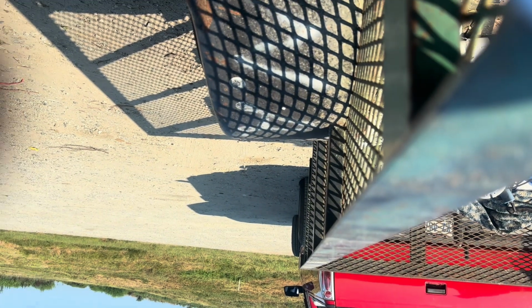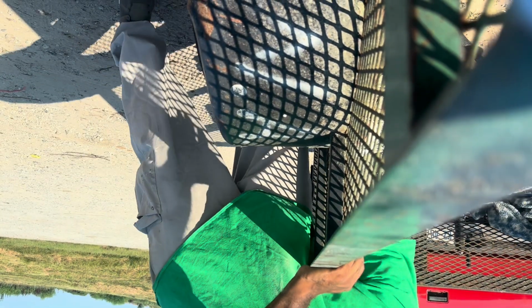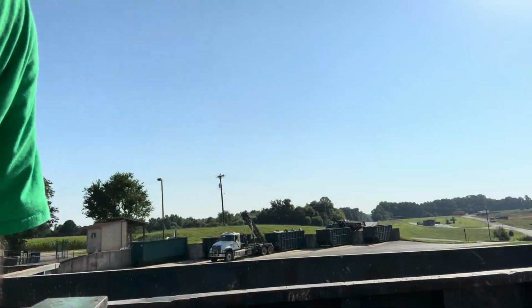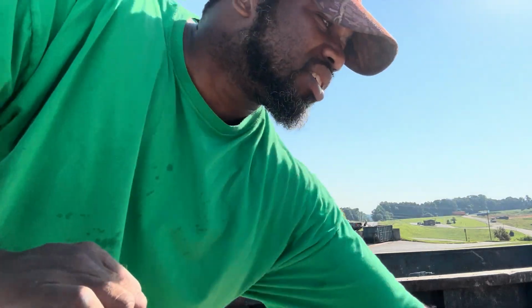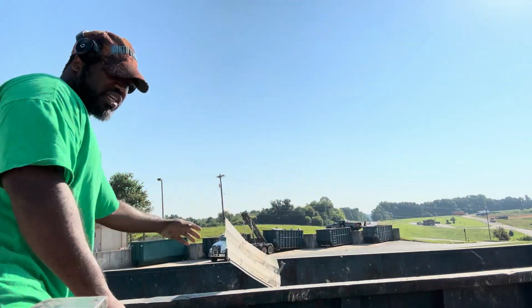I was just talking, my phone fell, picked it back up, put it up upside down, didn't realize it. All right, hold up. Alright, so I might have messed around and had this. Let me just clear all this off of it. Had the camera